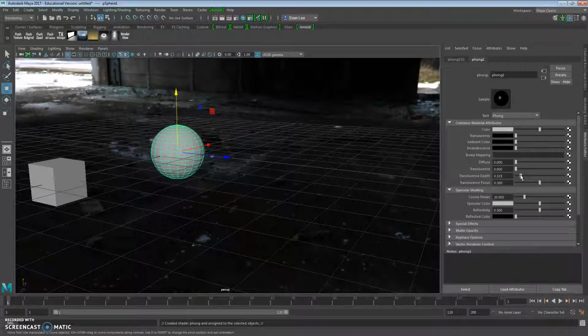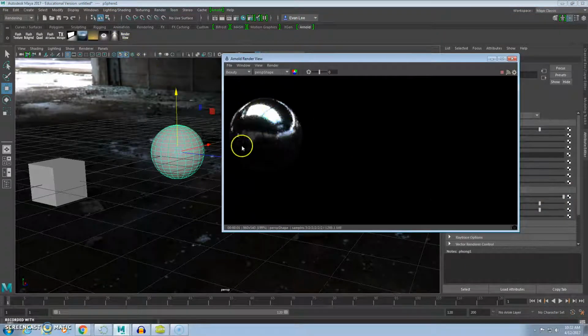And I'm going to turn the translucence down to 0 because right now we just want a pure chrome ball. And the cosine power, I'm going to just slam to the right. So these four are 0 and this one is 100. Okay? And when you look at it, you're going to see a chrome ball. And it's going to be reflecting